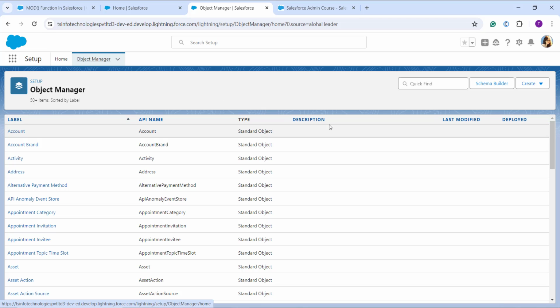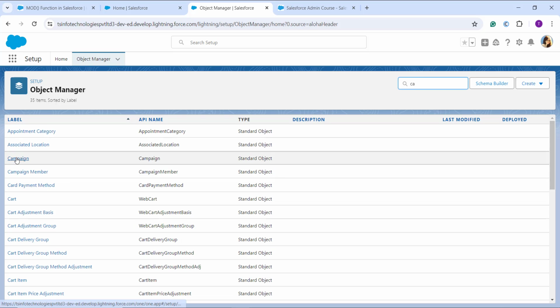It's time to choose the object on which you want to apply this mode function. Let's suppose I want to apply this function on the campaign, as I want to determine how many votes we need in an election on the basis of engagement in the campaign reach. So here let's search for the campaign object in the quick find.